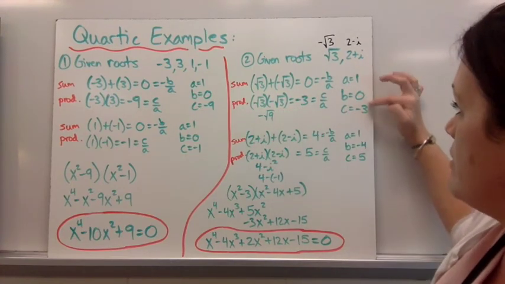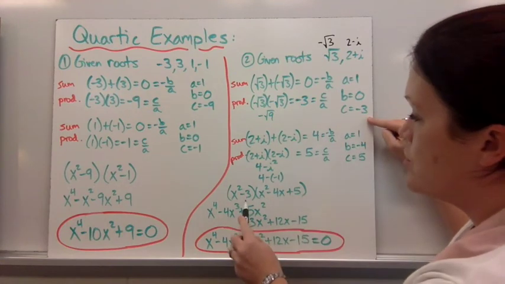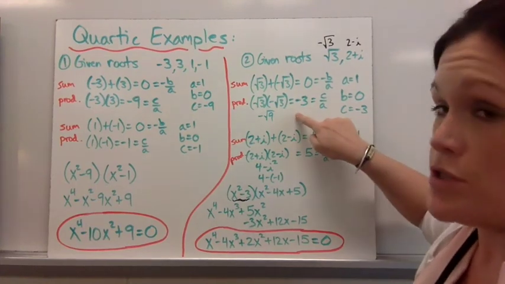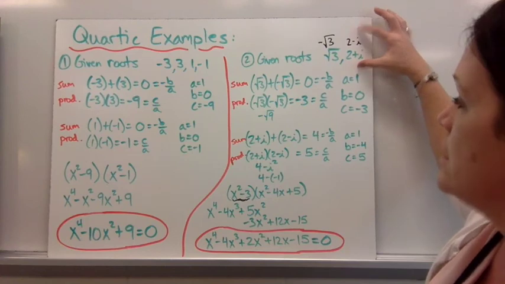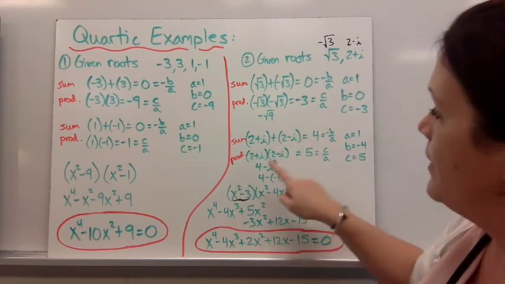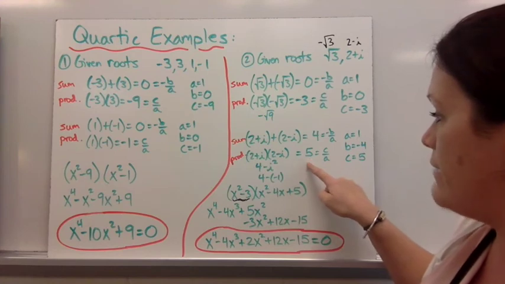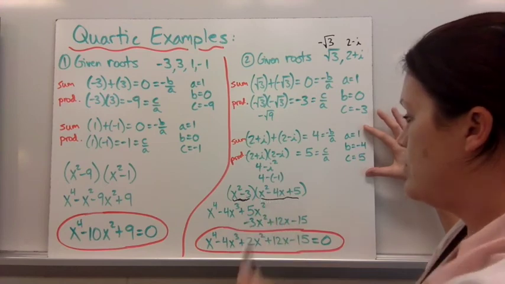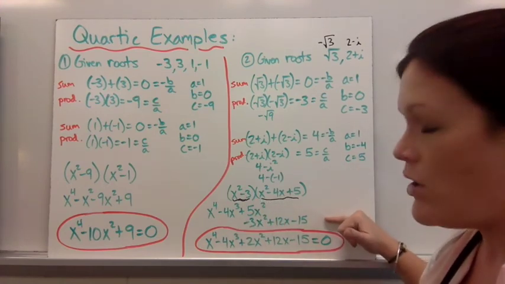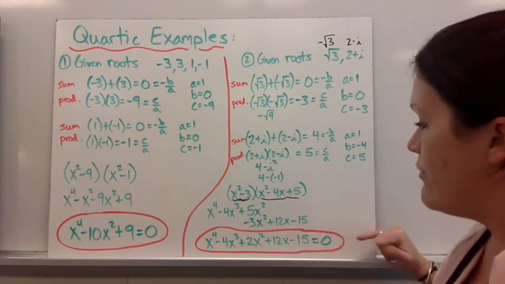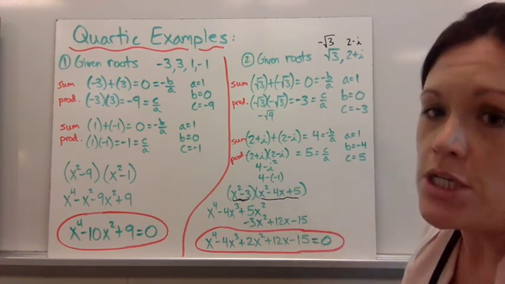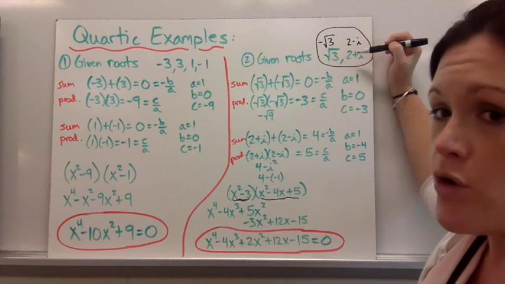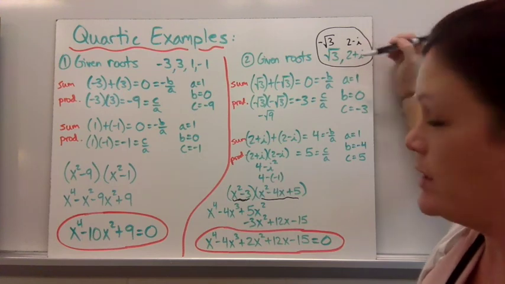I picked out my A, my B, and my C, and I wrote down the quadratic equation that went with those 2. Then I took the other 2 conjugates, add them together, you get 4, multiply them together, and I got 5. Pick out A, B, and C again, write out the quadratic that goes with those 2. Again, carefully multiply it all together and add up your like terms, and you have your final quartic polynomial equation. So if you are given 4 roots, even if you're given 2 and you know they have conjugates, which would give you 4 roots, like this one, you know